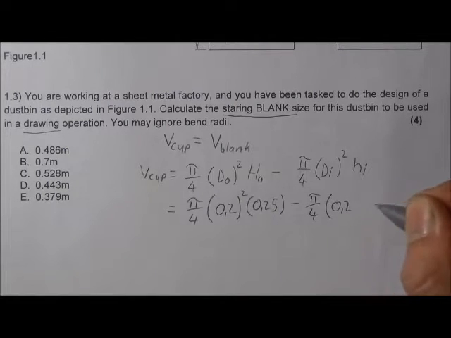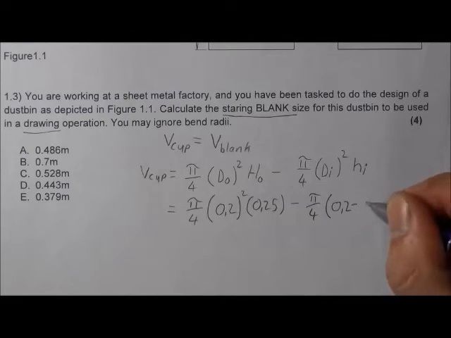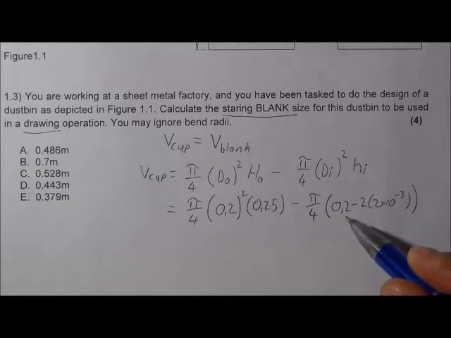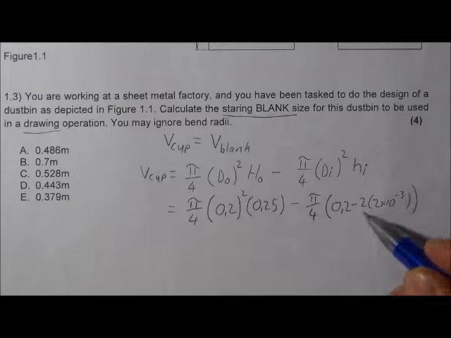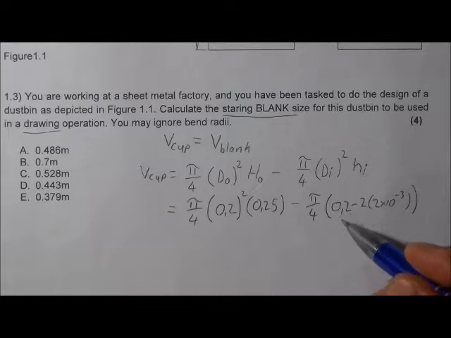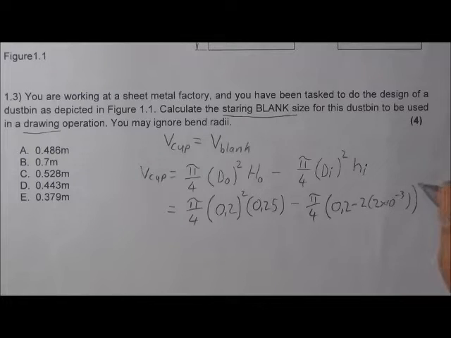So that's 0.2 meters minus 2 times 10 to the minus 3, so this is 2 millimeters converted to meters, times 2 because it's 1 on each side, and then the 0.2 meters is just the original outside diameter, squared,